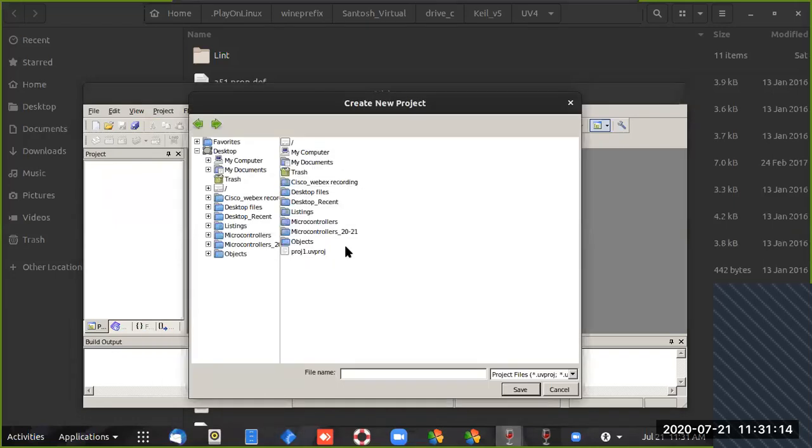Here you have to put the file name as MIC underscore lab 1.